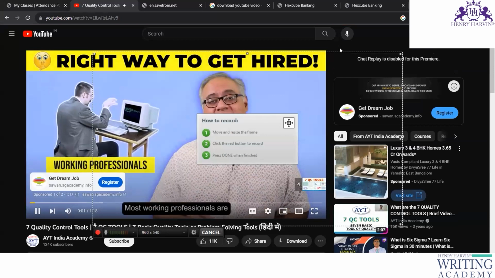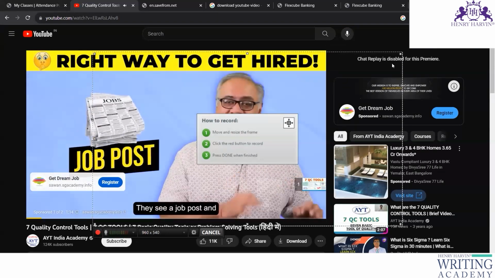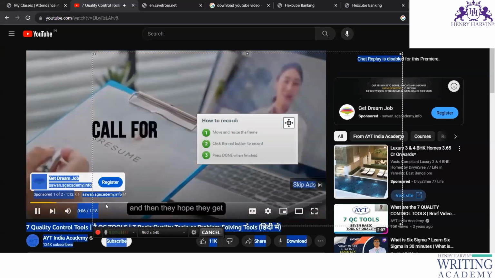Most working professionals are finding jobs the wrong way. They see a job post and they hit the apply button, and then they hope they get a call for